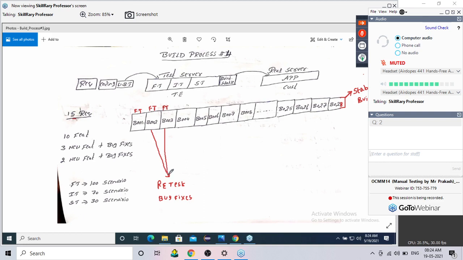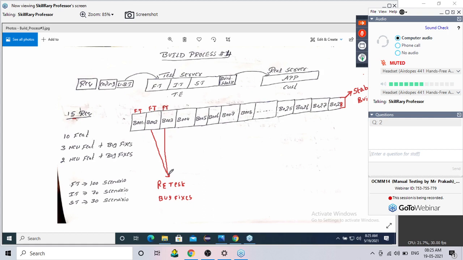Third point. See, 1 week test cycle duration they have given me, but I completed my functional testing on the first day only, and retesting of the bugs is also completed within the next 2 days. Means out of 5 days, within the first 3 days only, I finished my functional testing and I finished my retesting of bugs also. Is this possible? Not possible? Correct, because time is there and I finished my work.